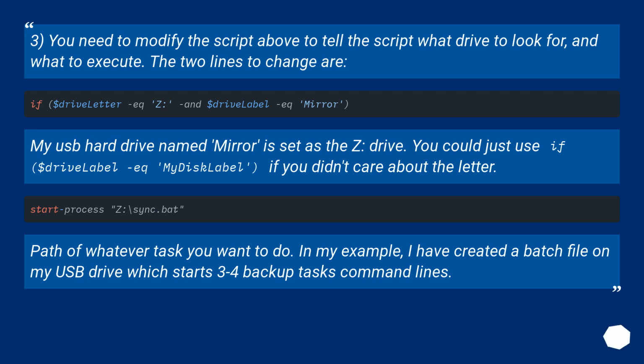You need to modify the script above to tell the script what drive to look for, and what to execute. The two lines to change are: